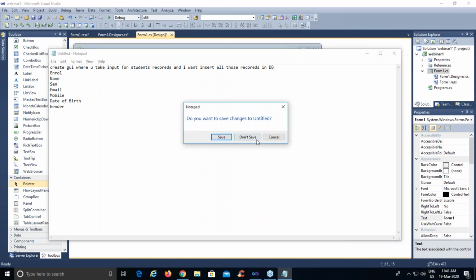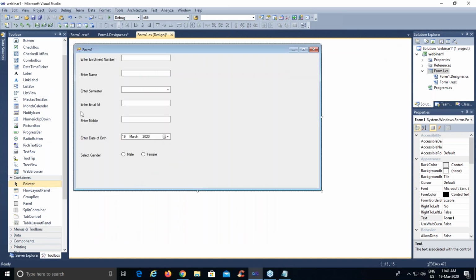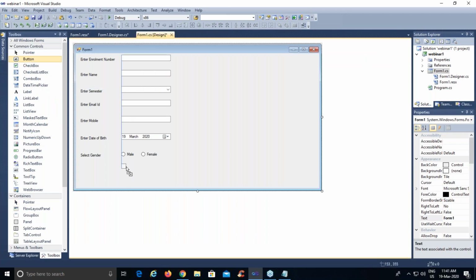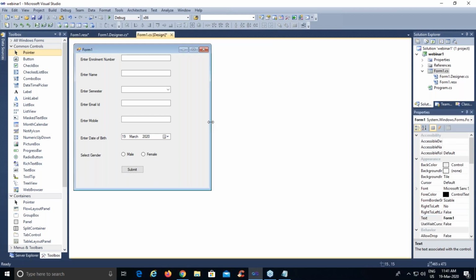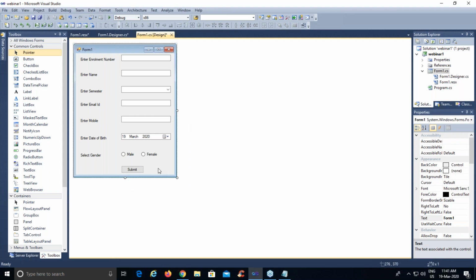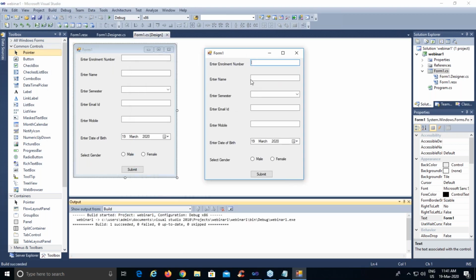So now what we will do, we'll come back to our design part, and now what we want to do is on a button click, we are going to enter all these values in a particular database. So this is the GUI that we already created. If I execute this GUI, let us see on executing this GUI, we are getting all our GUI where you can enter the values, where you can select the values, and you can select the date. You can select any of the radio buttons.